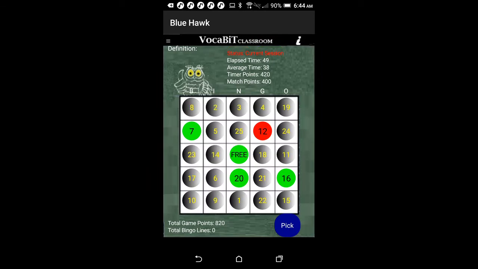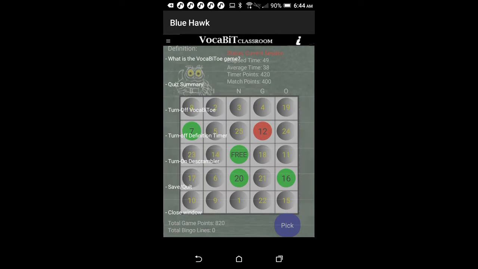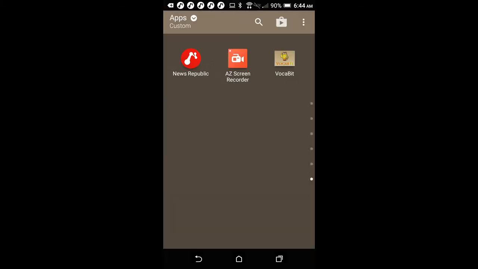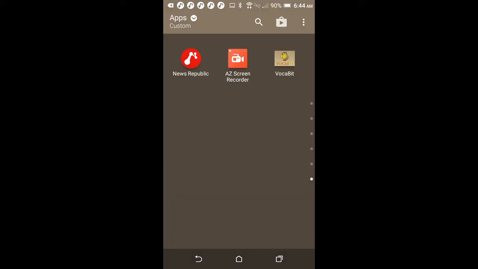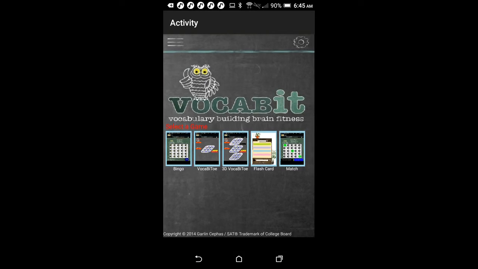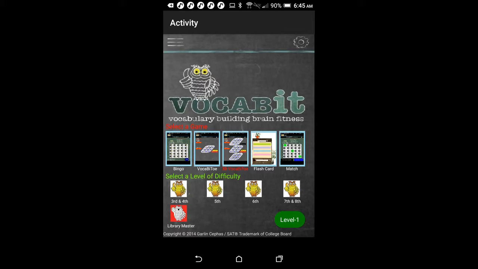So hopefully you have the idea of how the game operates. And we will go back now, and we'll do a save quit. And let's open it again. Press on VoCaBiT, top right. And this time we'll pick 3D VoCaBiT toe, and that's in the center. And this time we will take 9th